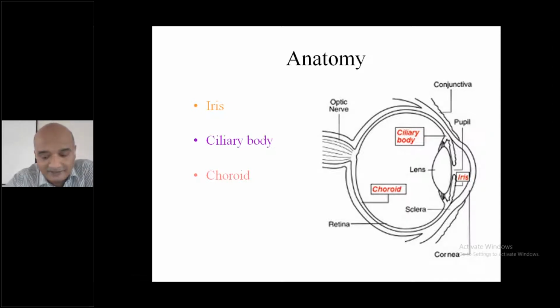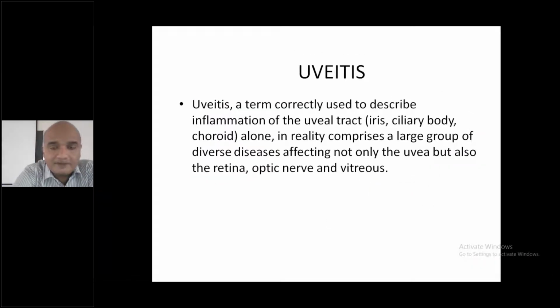its presenting features. Now, coming to the inflammation of the uvea: when there is inflammation of the uveal tissue, that is the middle layer or middle coat of the eyeball, extending from the iris till the choroid posteriorly, and the complete tissue is involved, it is called uveitis. When the middle coat of the eyeball is inflamed, it is called uveitis. It is used to describe inflammation of the uveal tract. The uveal tract has three parts: iris, ciliary body, and choroid.